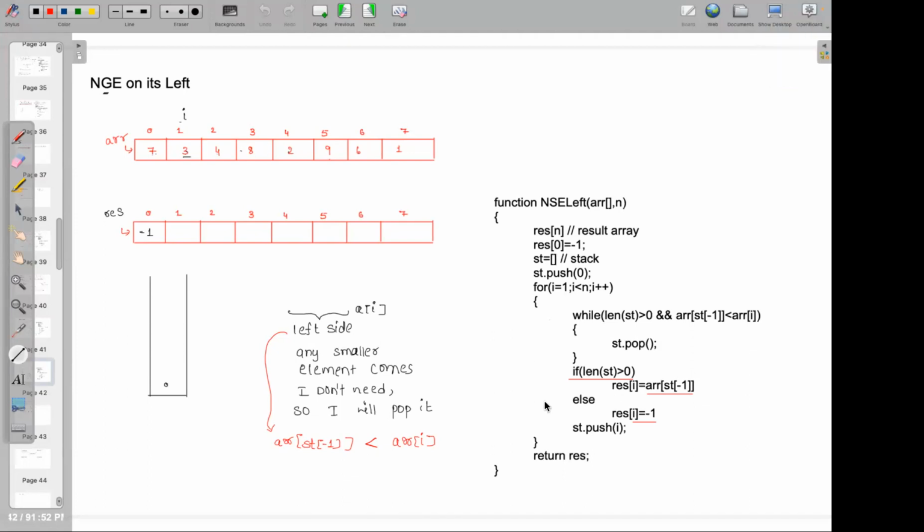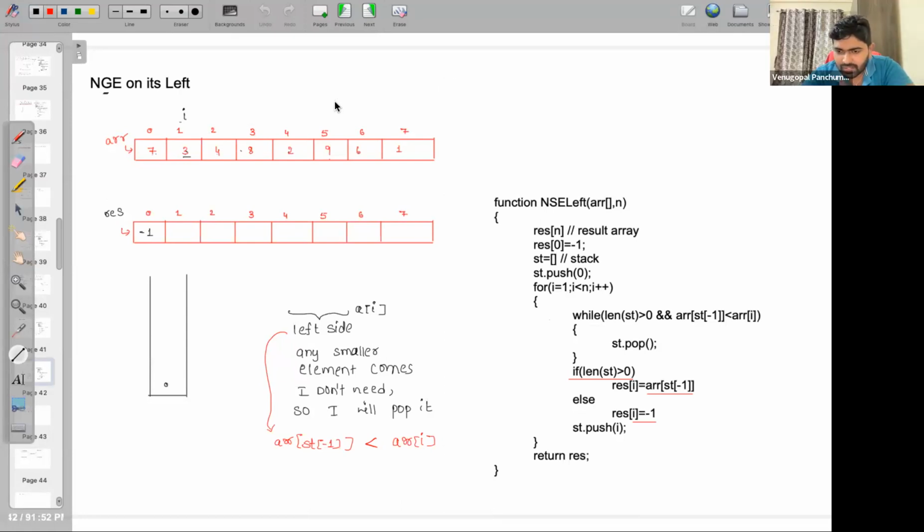Okay, I just asked you because it might be relevant for some other kind of problem, when you told me that pushing an element does work here, but it doesn't work for the next span or the stock span problems. So I thought that can also be a reason. That is also true. But I don't think in stock span or next greater or smaller, this should have any relevance. Pushing result